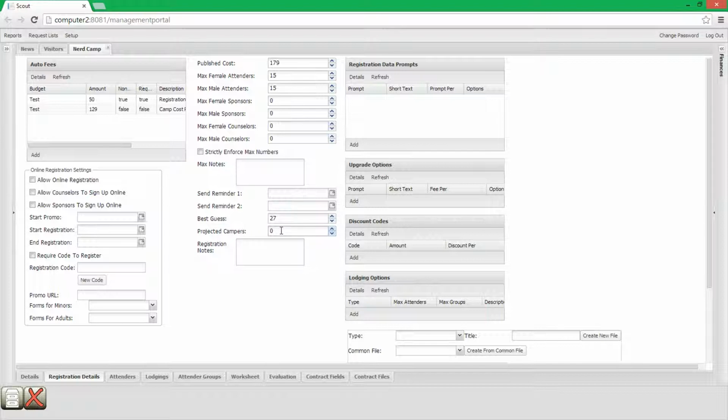Projected campers would usually be filled out when you add the event right away, so that you have a guess for next year how many campers I believe are going to come next